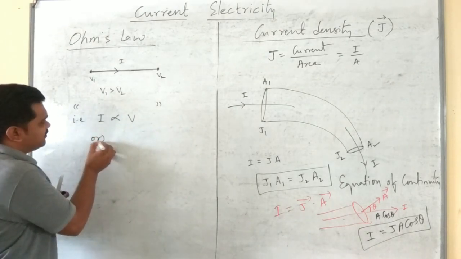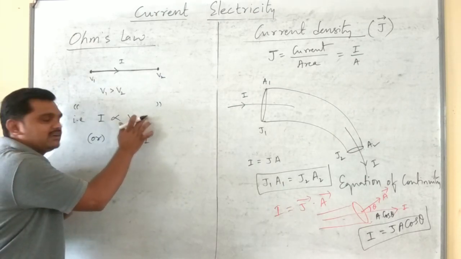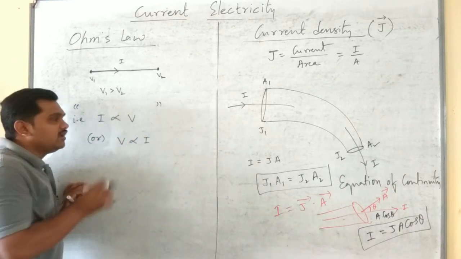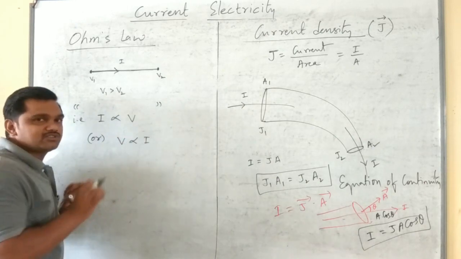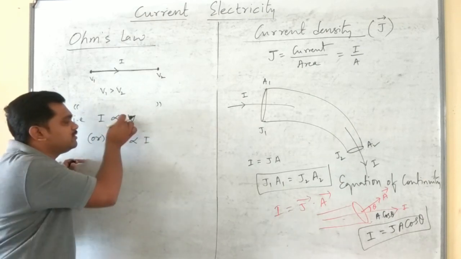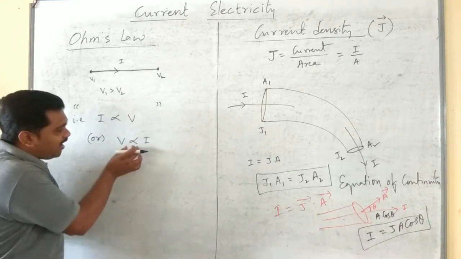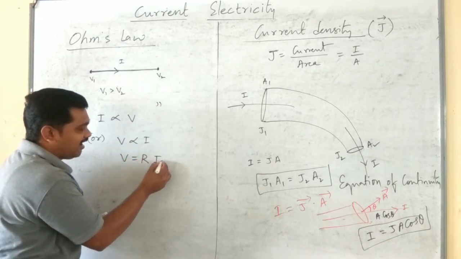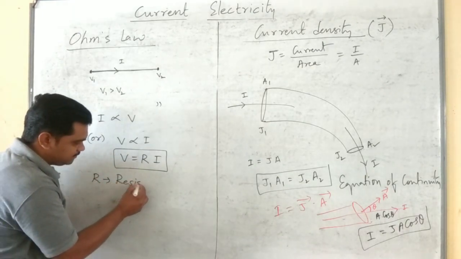You can also write it this way, V is directly proportional to I, but actually I proportional to V is the correct one. It says that the current flow will be decided by the potential difference. If we write it the other way it will be wrong, because V depends on I. Therefore, actually I is proportional to V is the correct one. Here, for simplicity, I have written V is proportional to I. On removal of this symbol, we can put a constant, that is R, where R is called the resistance